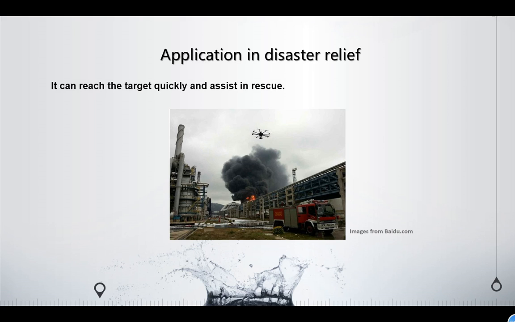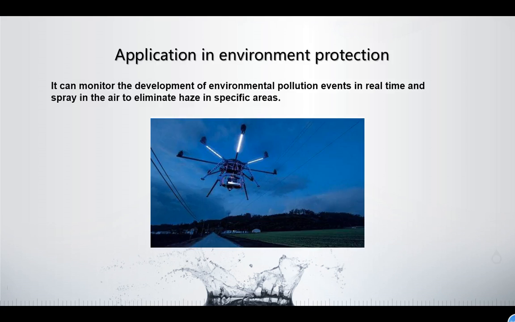The UAV can also monitor the situation of the affected areas in real time and in all directions in order to prevent secondary disasters. For environmental protection, it can observe the air, soil, vegetation, and water quality, and can also